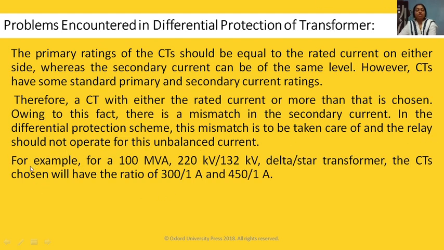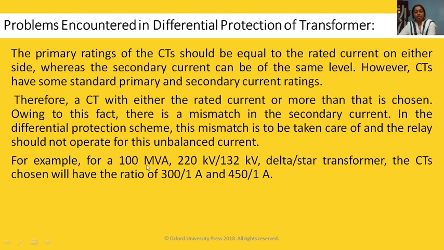Now just for example, suppose we are using a 100 MVA, 220 kV/132 kV delta star transformer. Then CTs will be chosen. For this side we have 300 by 1, for this side we have 450 by 1. Definitely this is a mismatch.